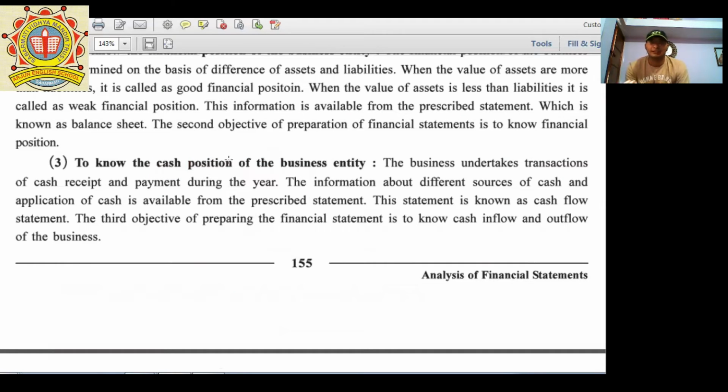It shows clearly about the financial crisis that the company can face in the future. So first of all, we don't just want to know about the present, but we also have to focus on the future aspects. So the cash position of a business entity is a minimum balance, that is working capital, which every company is required to maintain. Okay,